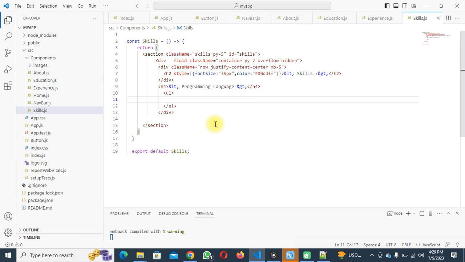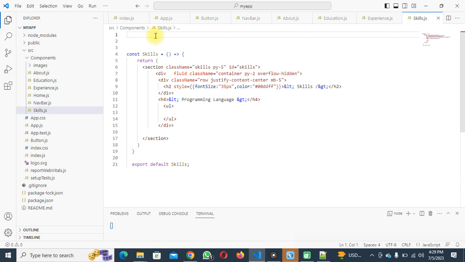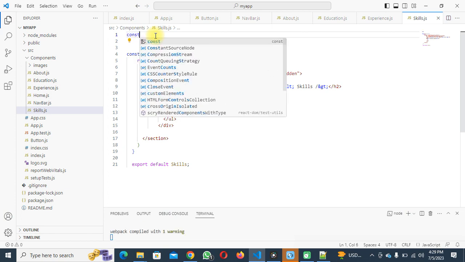So how do I do that? I'm going to create it as an object. It might be inside the function, it might be outside the function. In fact, I could just create it as another file and import the file right here. But let's assume we don't want it to be outside, we just want it to be inside. So I will say constant